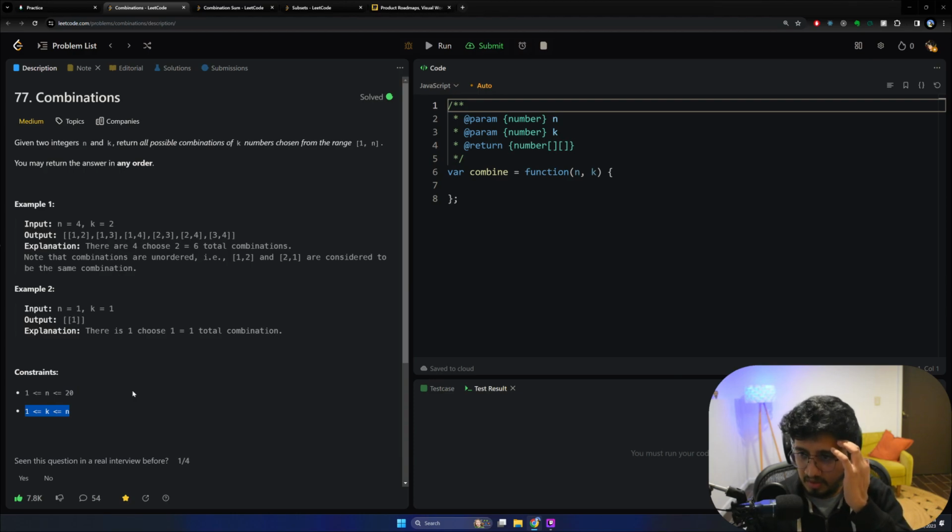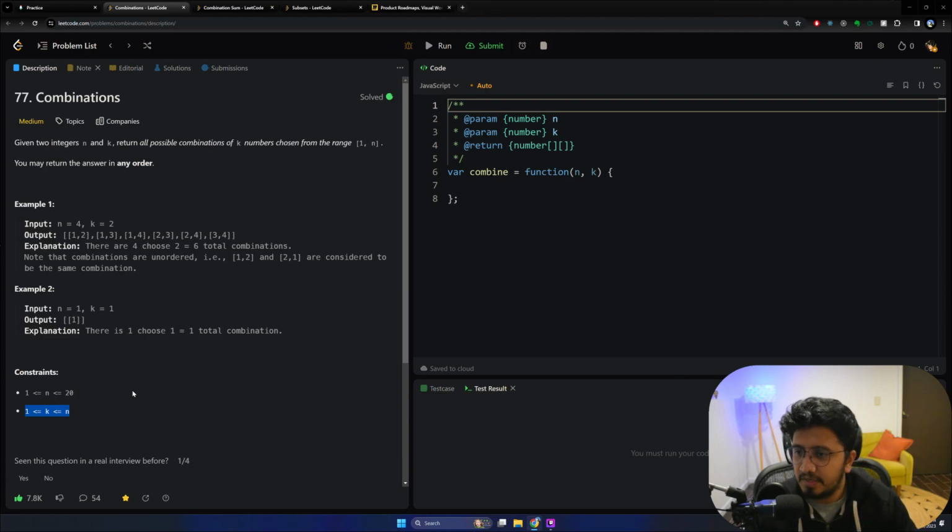So when should we stop, when should we return? That is the important question that we have to address here. We have to stop when our index basically goes above